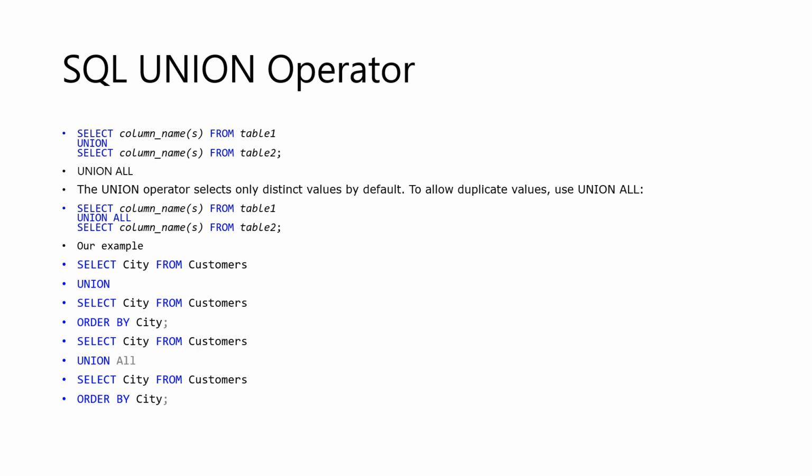Now we get the SQL union operator. The union operator is used to merge different queries' output and show those outputs as the same result set. More details are given on the slide. Union by default returns unique records, but for allowing duplicate entries, union all is used. For example, if you run this query, it will unite the customers table with itself, but if you use union all, it will show duplicate values as well.